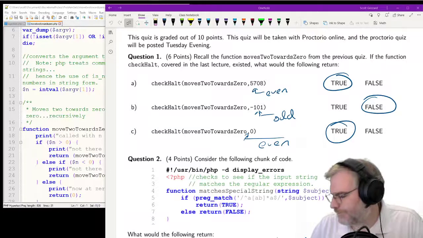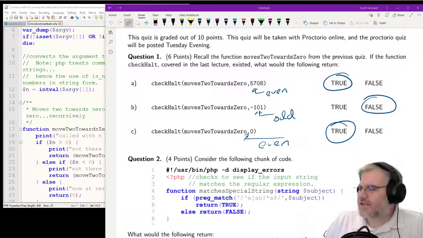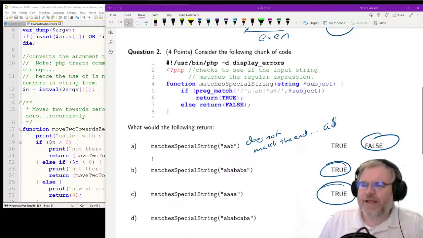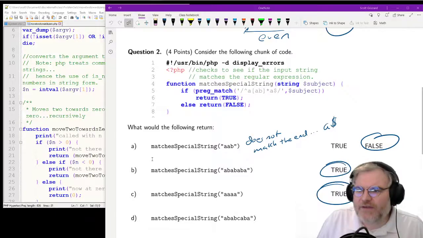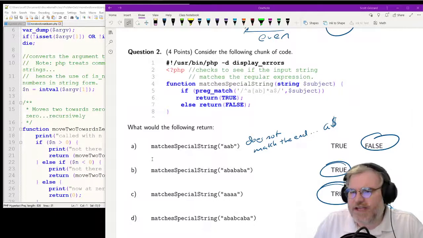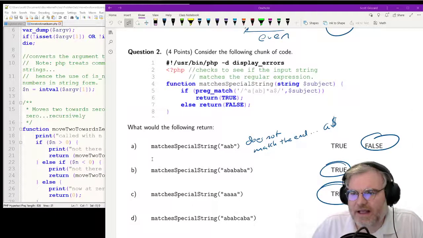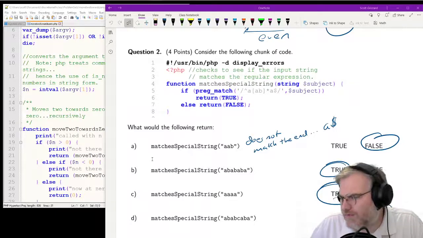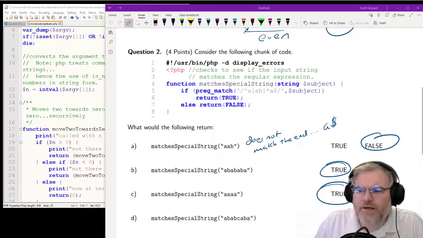so yeah. All right, this next one, consider this chunk of code. So again, I gave you at the end last time an assignment to go forth and read about regular expressions. And I'm told that you all have seen this before. So,